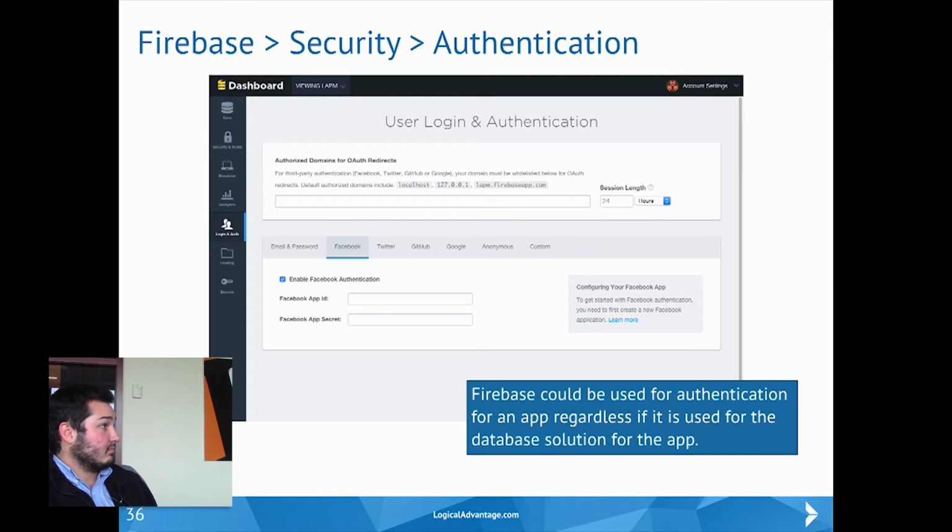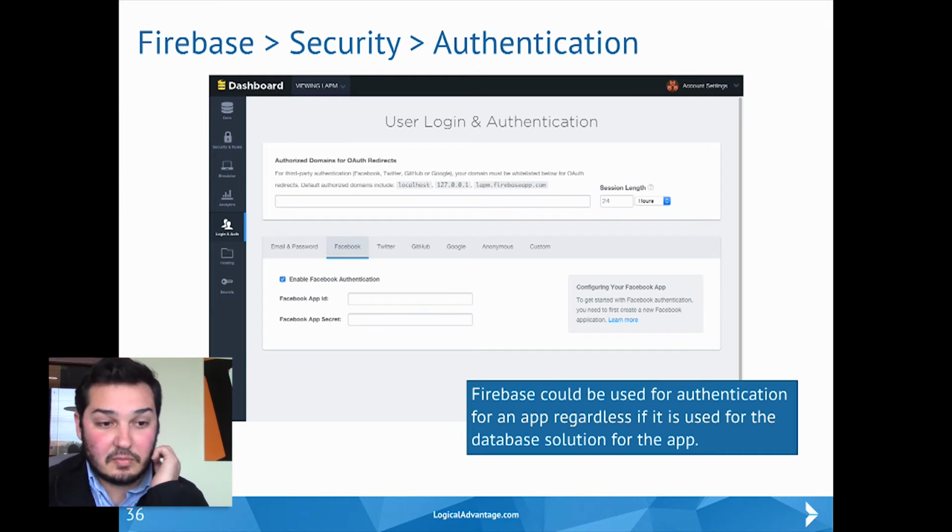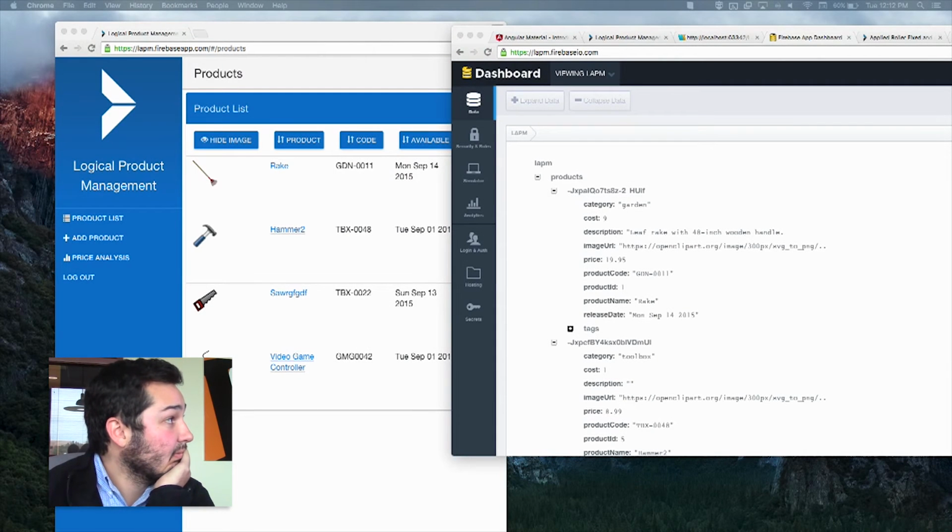So here's where you actually use that. You could use Firebase's authentication regardless of whether you use their database or their hosting. So this could be used on any project. You can just use it only for authentication, and the data usage would be so low it probably wouldn't cost you anything. And it's very easy to set up. It's a very polished user experience. I'll show the